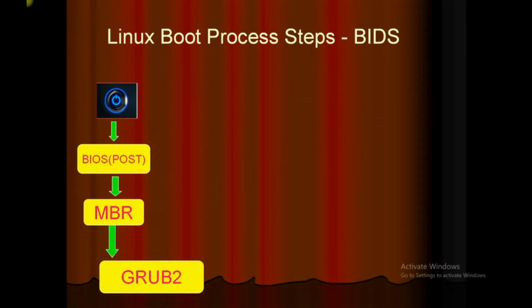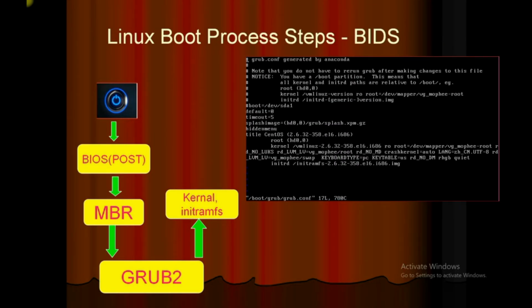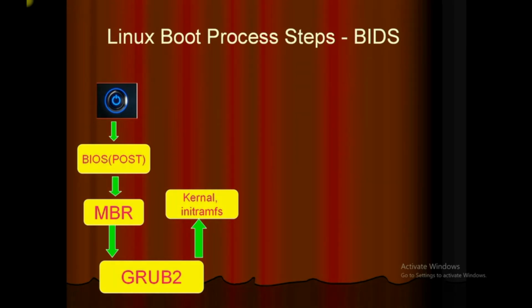The next step is to load the kernel, and the moment it loads, the kernel will be in a compressed and read-only state. At this state, it needs modules and the file system to mount, as well as to boot the file system. So for that, the kernel will take the modules from initramfs, check for the drivers, and initialize the hardware.